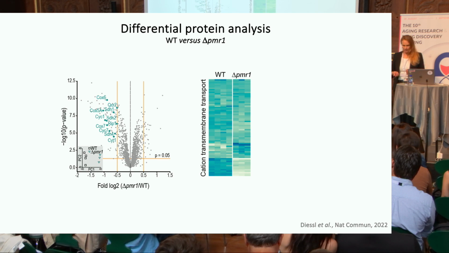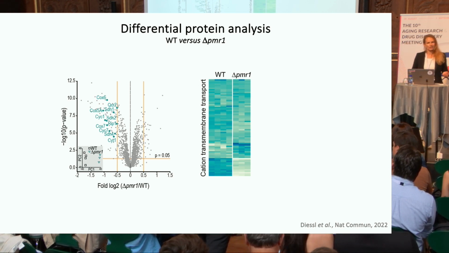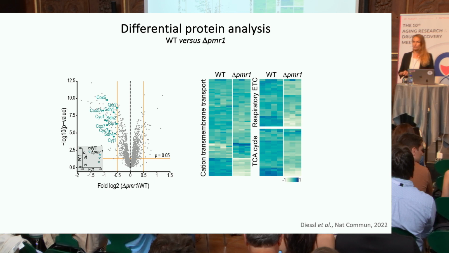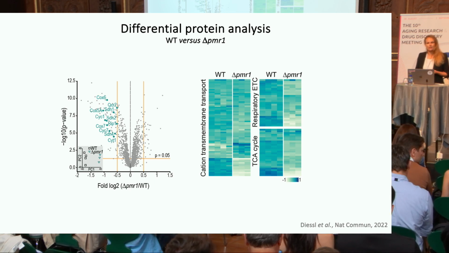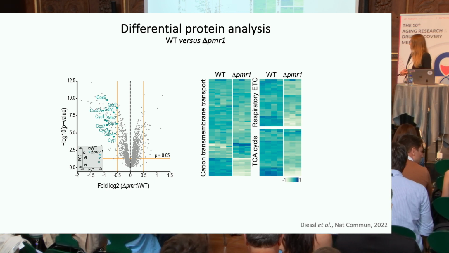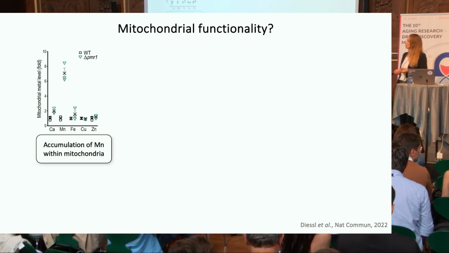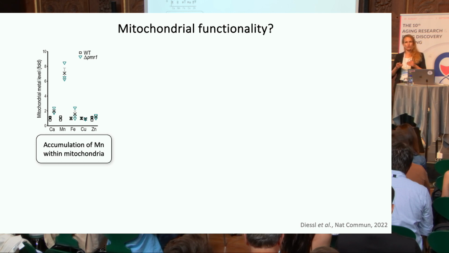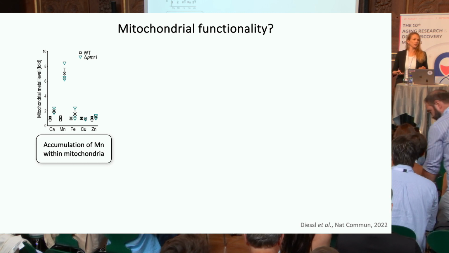GO-term analysis indicated that a process that was deregulated was cation transport, which was not that surprising because we deleted an ion transporter. But what was exciting was that mitochondrial function seemed to be deregulated, both in respect to the TCA cycle as well as respiration. So what we did next is we checked mitochondrial functionality. And TXRF-based metal measurement in isolated mitochondria revealed that actually the cellular manganese overload translated into a hyperaccumulation of manganese